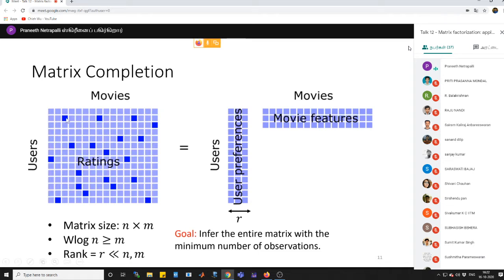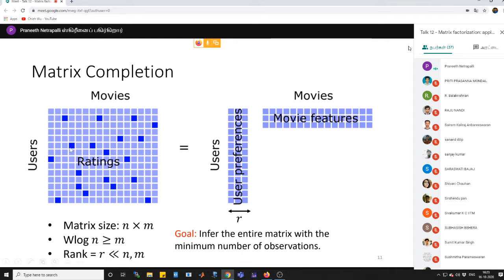And the dark blue ones are the ratings given by users who have watched those movies, right? The dark blue ones are the ratings that this user has given to this movie, this one to this movie, and this one to this movie. Based on the information that we have here, you would like to predict, for say this user or this user, among the movies that the user has not seen, which movies might the user like, right? Once we know which movies the user may like, we will be able to suggest them, and thereby give a good recommendation.